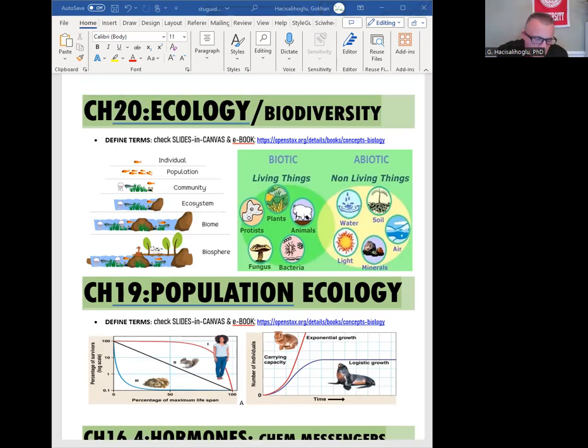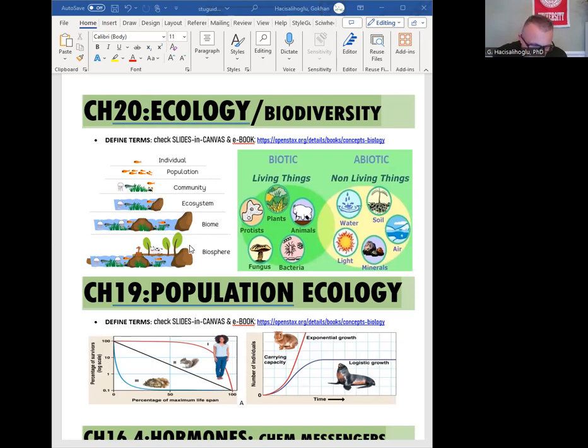Ecology is the study of organisms and their interaction with the environment. This is what the ecology definition is. We have another chapter, which is 19, which is specifically focused on population ecology. But this chapter 20 is general ecology. So in ecology, like you see here in this figure,